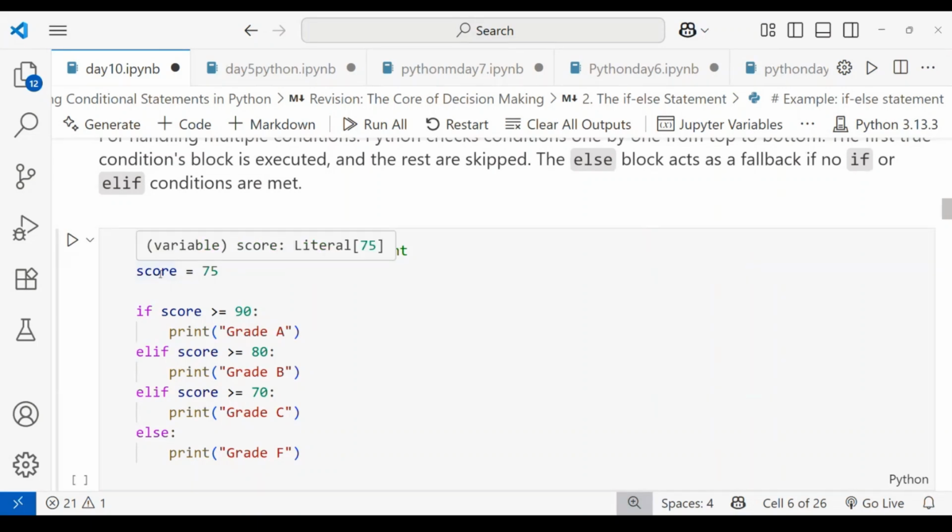Okay, and this is one example we discussed yesterday, right? I'm taking a score, and it should print the grade. My score is 75. Based on the condition, it will print the statement, that is, the grade. If score is greater than or equal to 90, it will print Grade A. Okay, this is for the if block. And next, after the if, I have to use elif. Okay, elif score is greater than or equal to 80, it should print